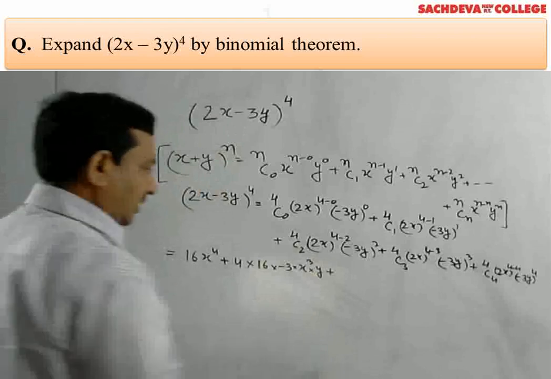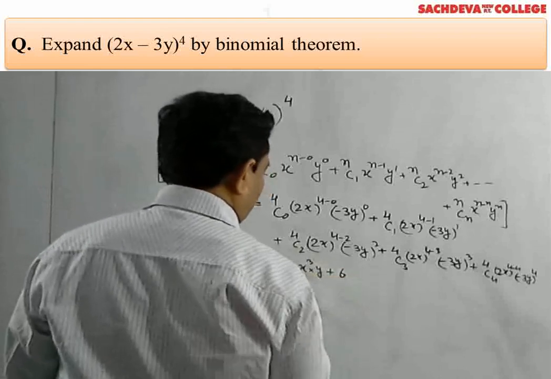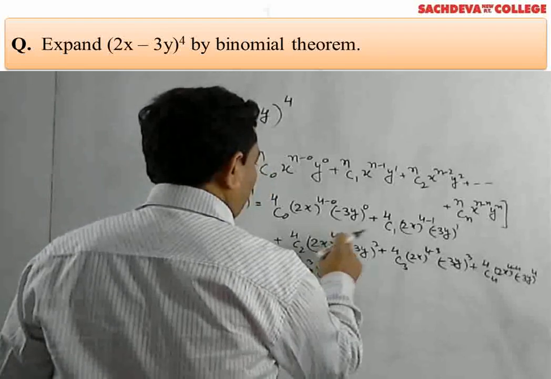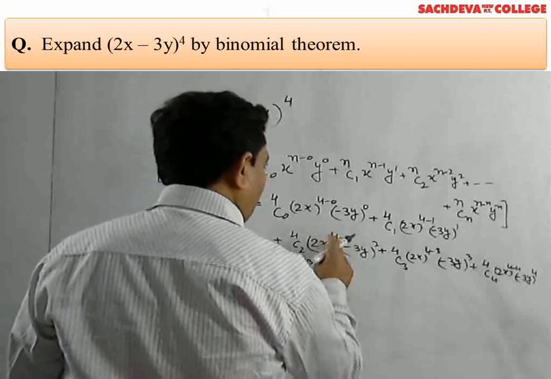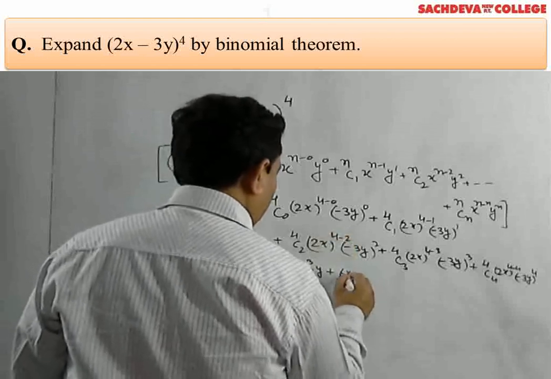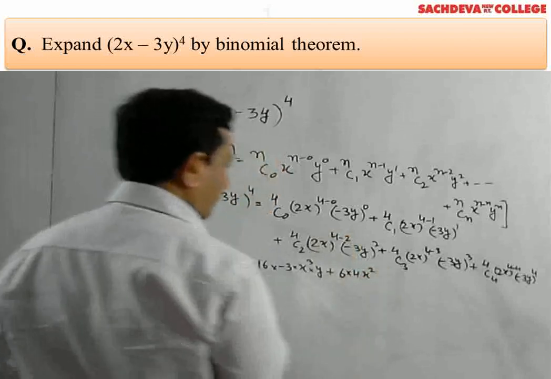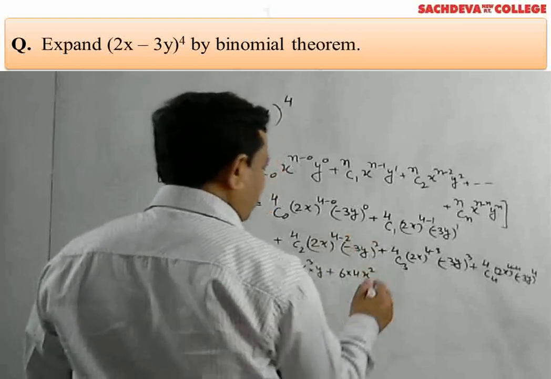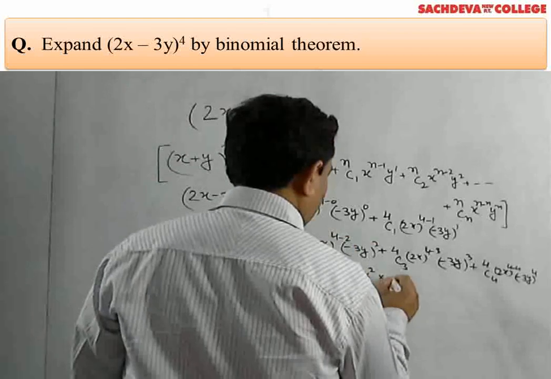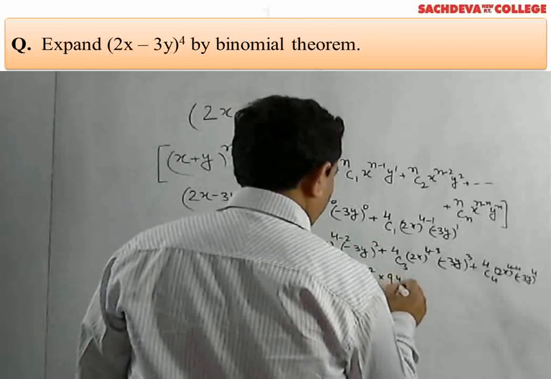4C2 is 6 into (2x) to the power 4 minus 2. It means 2 to the power 2 is 4 into x to the power 2. Minus 3 to the power 2 is 9 y to the power 2 plus